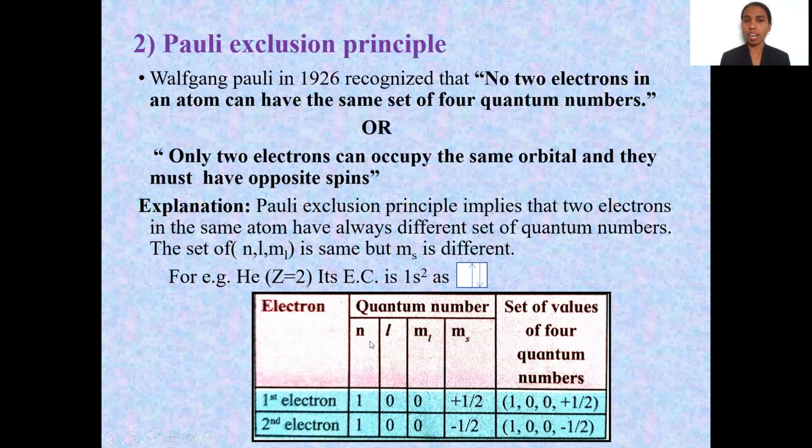Means the same electron is present in the single orbital, but its ms value is different as its spin is opposite. So if we consider the quantum numbers together as a set, it comes out different. That is, the first is 1 0 0 plus 1/2, the second is 1 0 0 minus 1/2, which means the set is different, meaning no 2 electrons in the atom can have the same set of